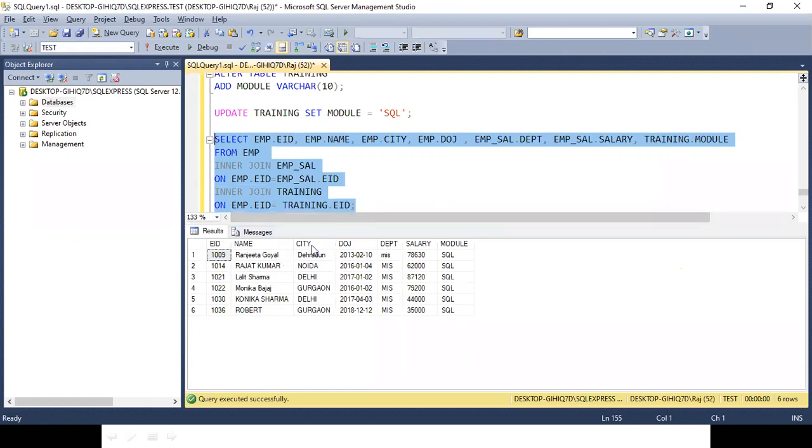Employee ID, name, city, and date of joining are from the employee table. Department and salary from the employee salary table, and module from the training table.